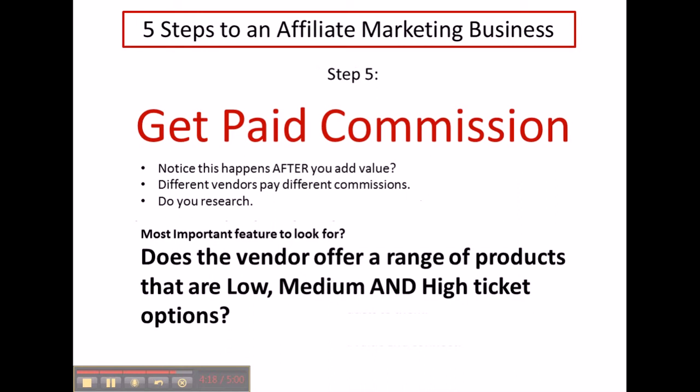So in other words, the lower ticket item might be a $7 product that is, for example, 100 awesome fitness recipes, smoothie recipes, or whatever the case may be. And that's awesome, $7, it's great value, they buy it. Then the vendor offers, say for example, a $27 program, which is like a month fitness program to be able to do 100 push-ups by the end of the month or something. It's got to be good value, of course. And then after they've bought the $27, obviously not every customer is going to buy it. A percentage will buy, some won't, but that's the name of the game.